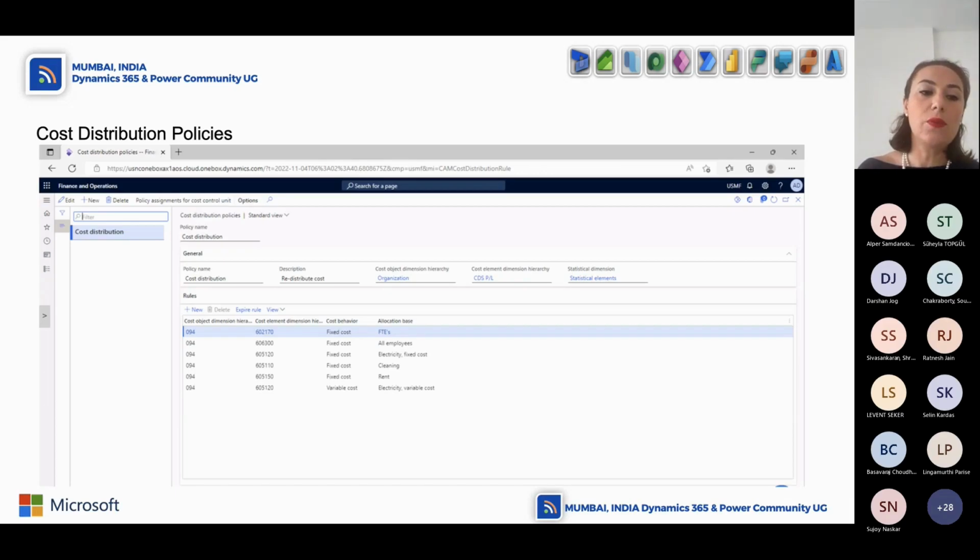On cost distribution policies, we still have our cost object dimension hierarchy, and we have the cost element dimension hierarchy. We can set up the rules according to your cost behaviors if you use it. If you don't use it, it will just be null. And then you have your allocation basis. This means that